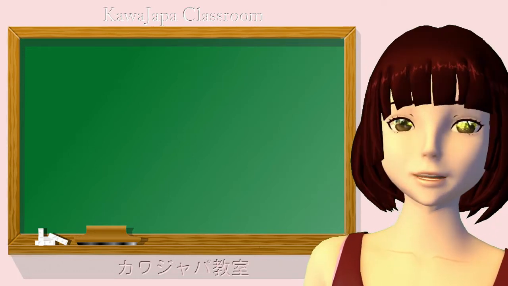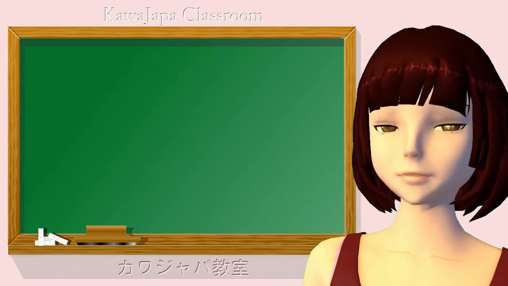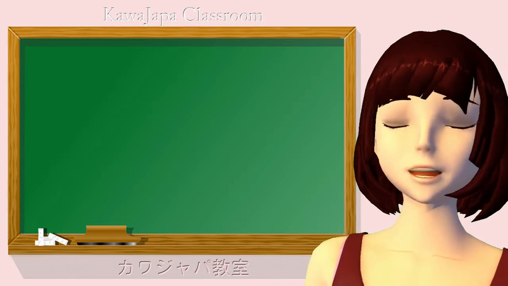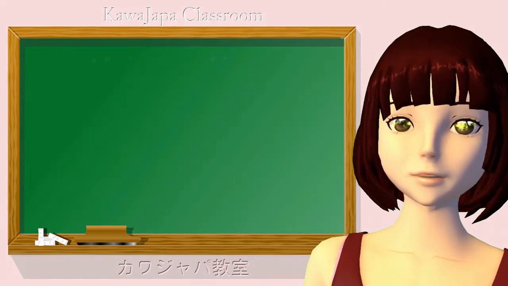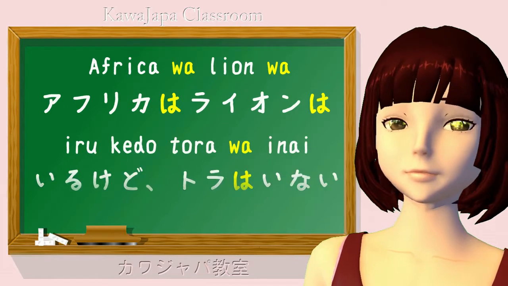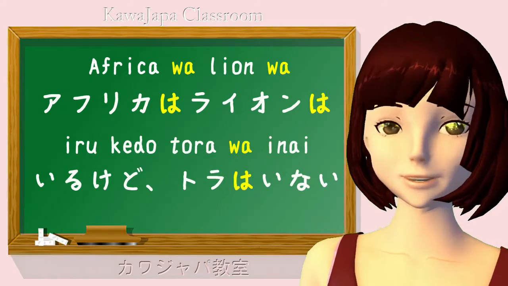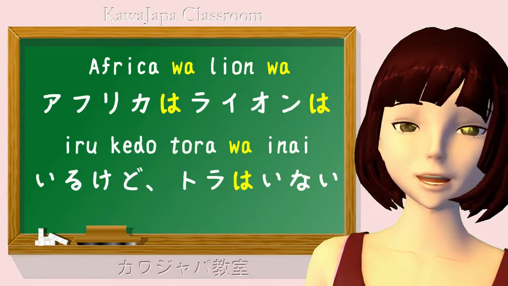In some cases, for example, we may see more than one wa in a sentence. Let's take an example of that. アフリカはライオンはいるけどトラはいない。